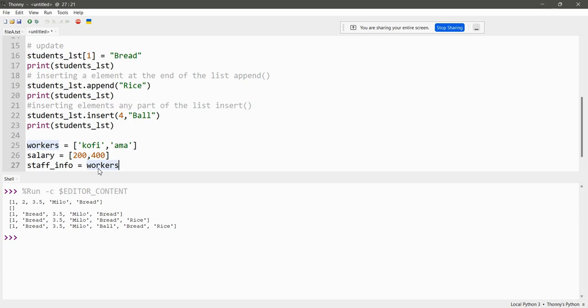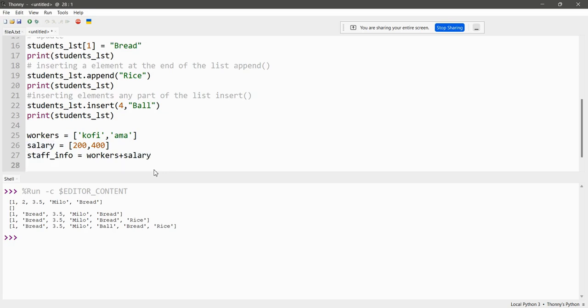And then I have another list called salary, which is also an amount, so 200, 400. Okay, so when I say staff underscore info,